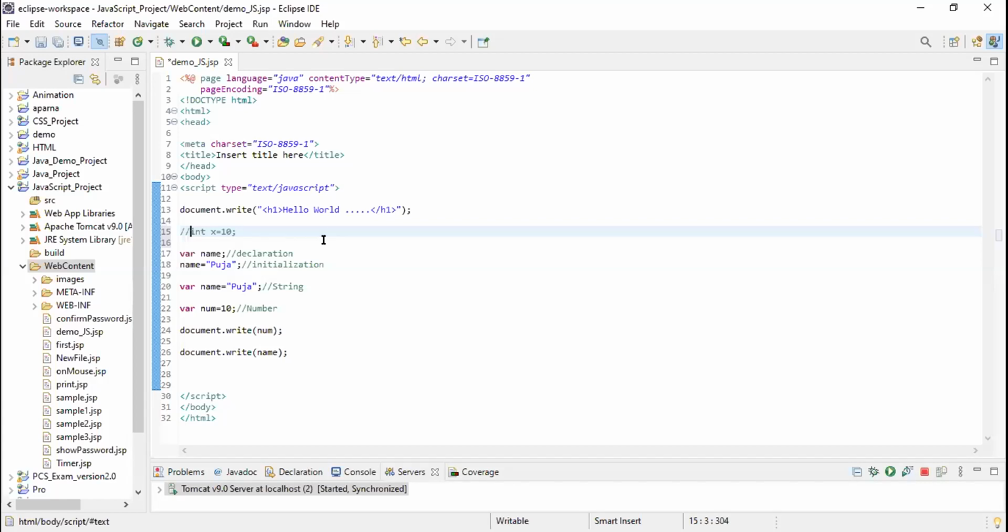Hello, Pooja ma'am. Yeah, sure. Ma'am, if we want a new line, what will be the code? Like in Java, we use println to print a new line. What will be the code in JavaScript to bring a new line?